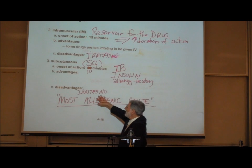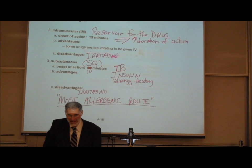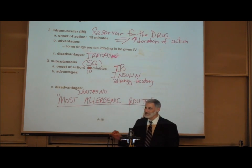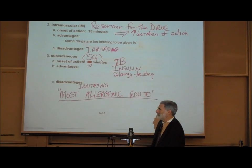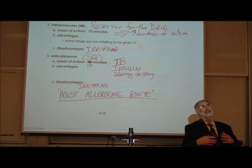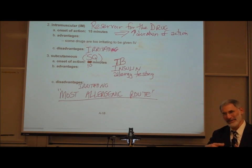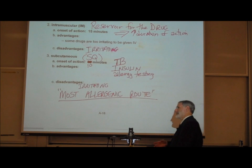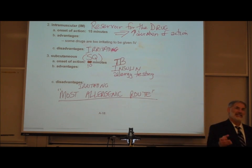Now, this is a disadvantage in that it can be irritating, but one of the most fascinating disadvantages is that this is the most allergenic route. And what does that mean? So I want to remind you that in the dermis of your skin, right? I'll remind everybody of your anatomy of the skin. Epidermis is stratified squamous epithelium. Dermis is irregularly arranged, dense, fibrous connective tissue. And in the